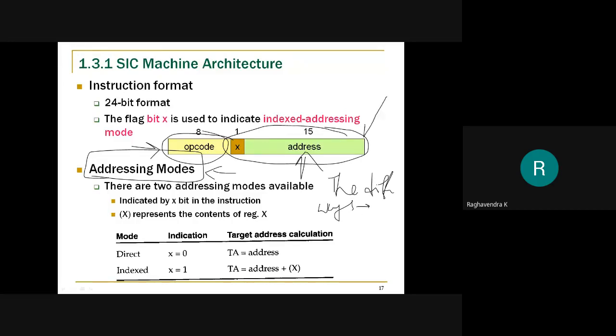See, this is an instruction, correct? This is the format that we follow. So in this instruction format, in what ways can I specify the address of the operand? That is what is called an addressing mode.